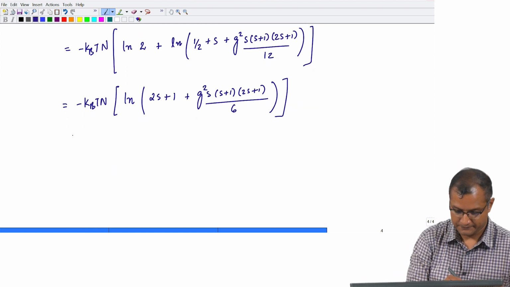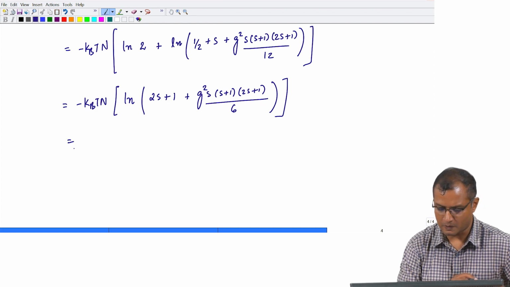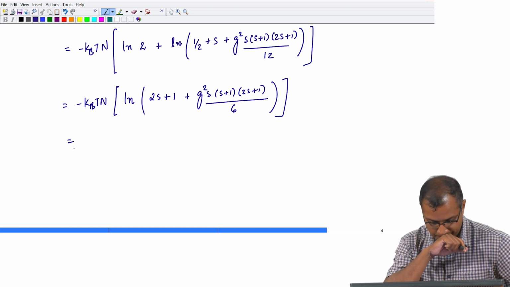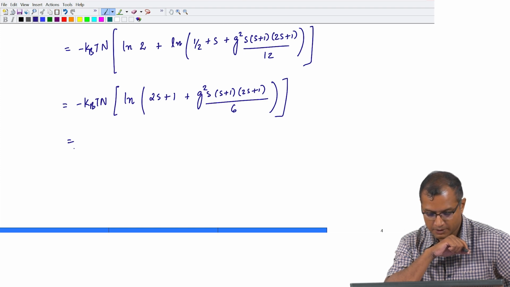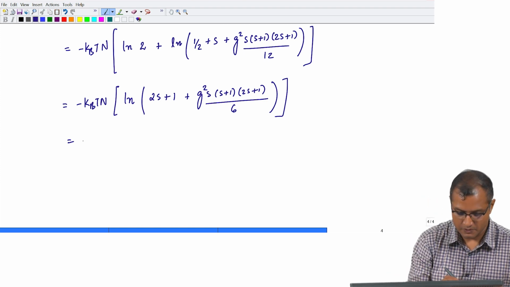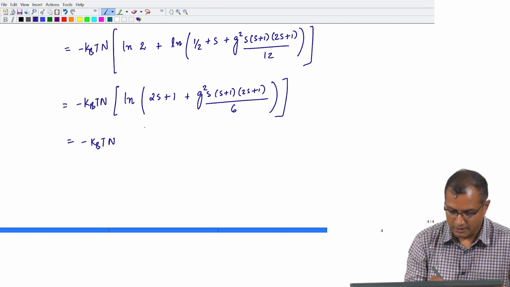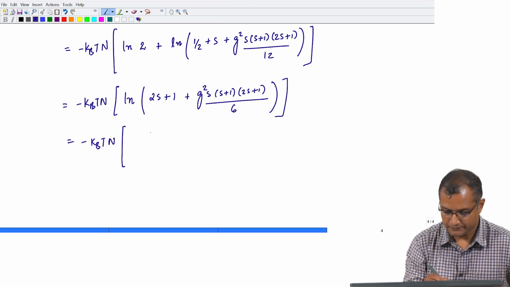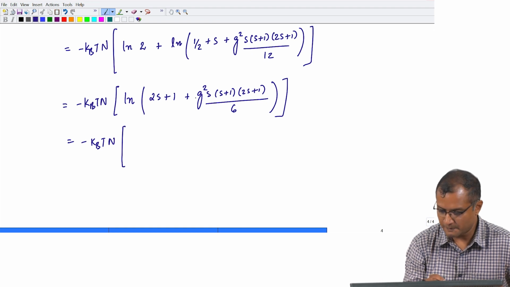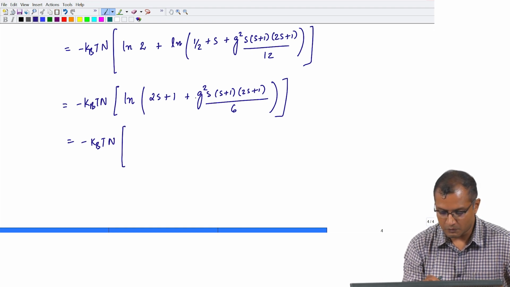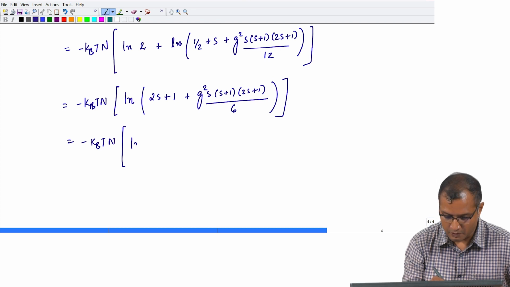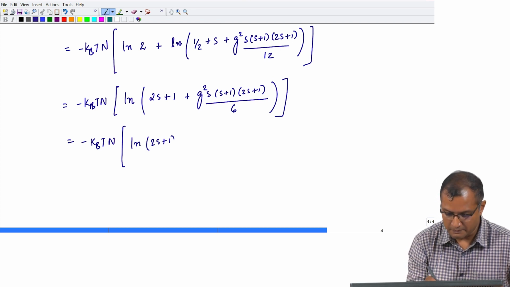And then I have just multiplied 2 throughout, and what I am going to do is take 2s plus 1 also common. So, this becomes minus kB T n, and write it as, so just 2s plus 1 if I take out. So, what I get is basically ln of 2s plus 1